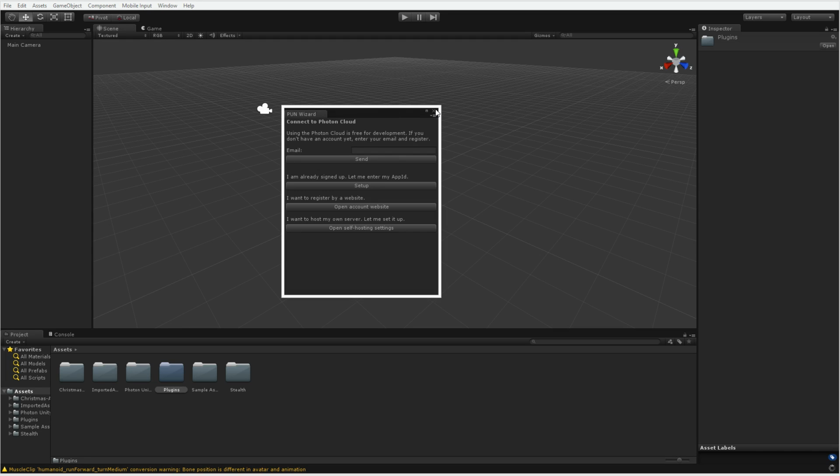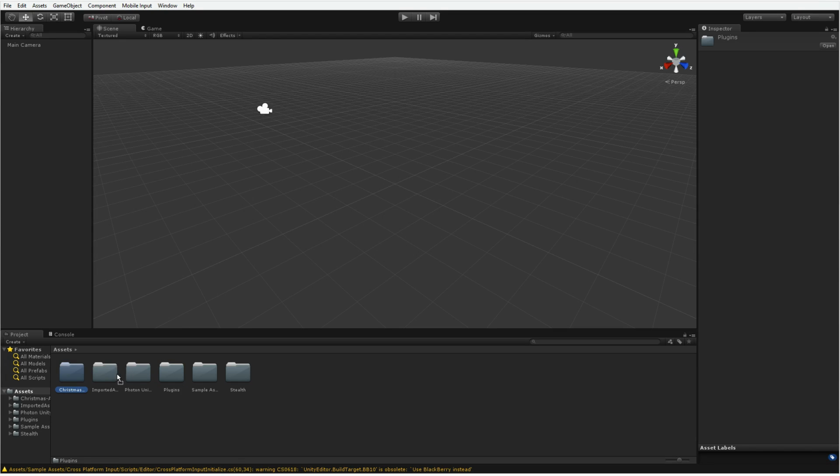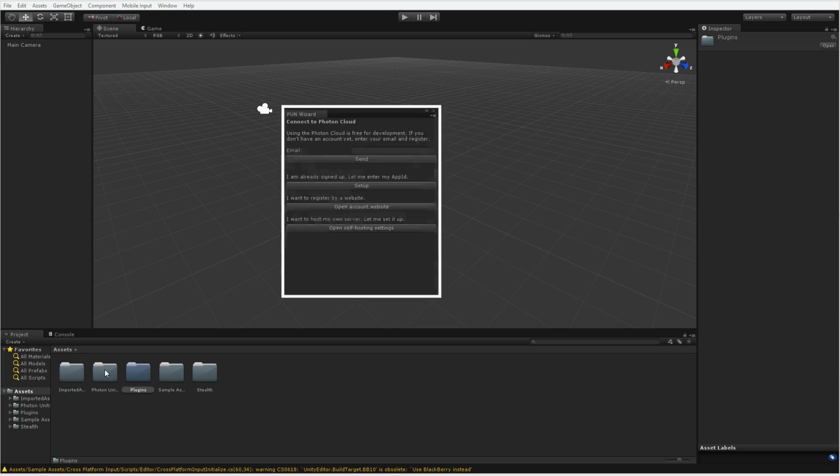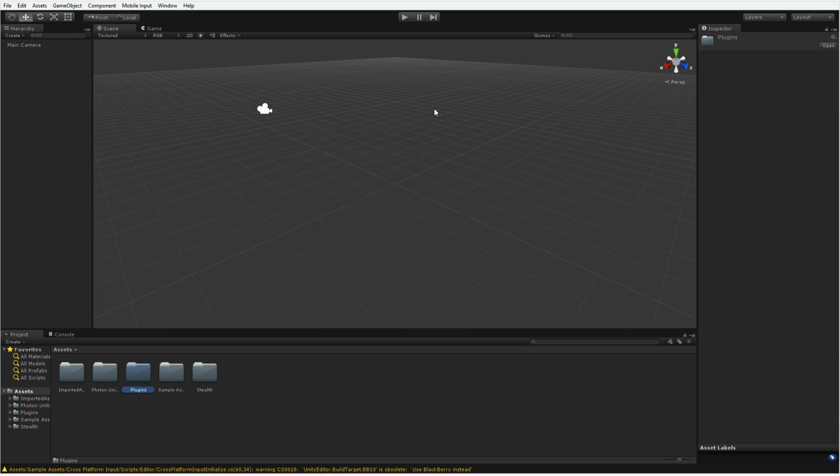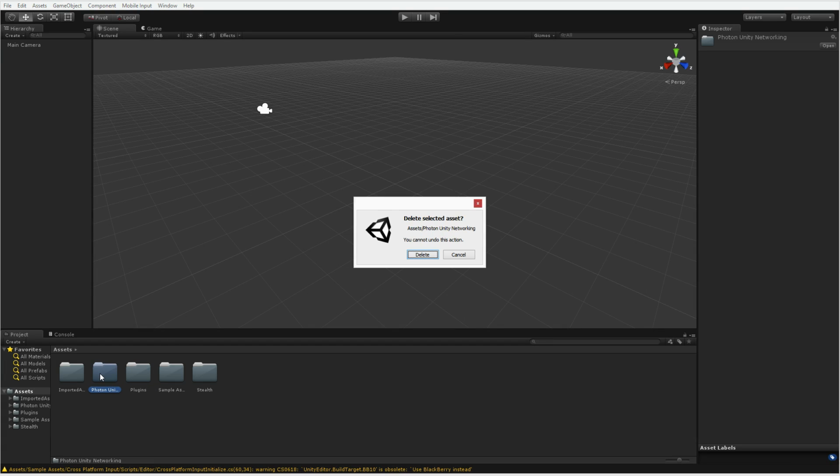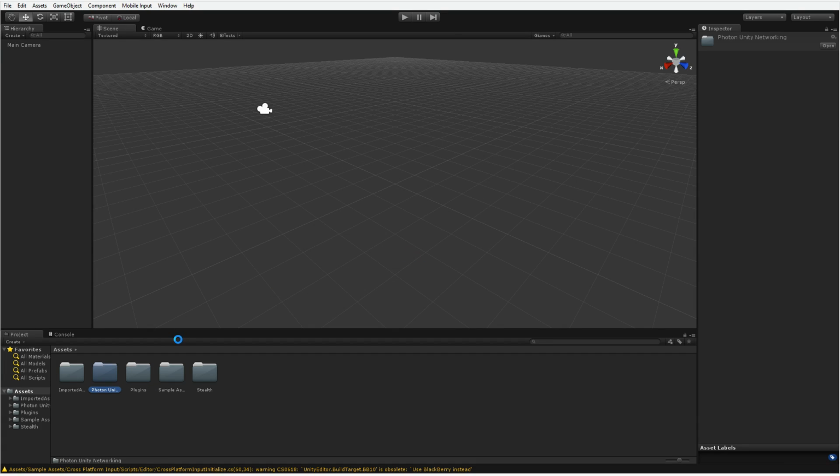Oh, that's going to just keep popping up, isn't it? I could just show you how to do that right now, but I kind of wanted to save that for tomorrow. Yeah, that's going to get super annoying. So I'll tell you what I'm going to do. I'm just actually going to remove Photon for now. So Photon, goodbye. I could show you how to do it today, but I kind of want to keep all the networking stuff together.